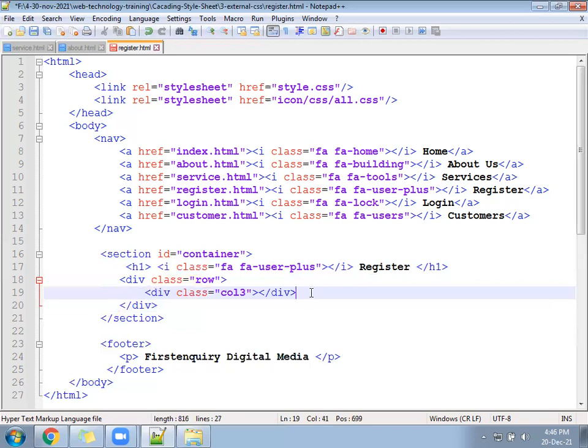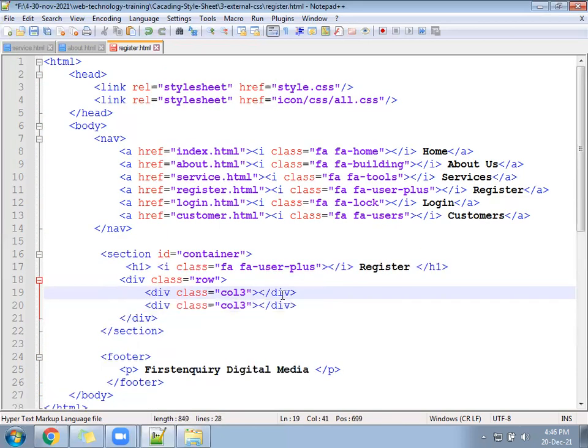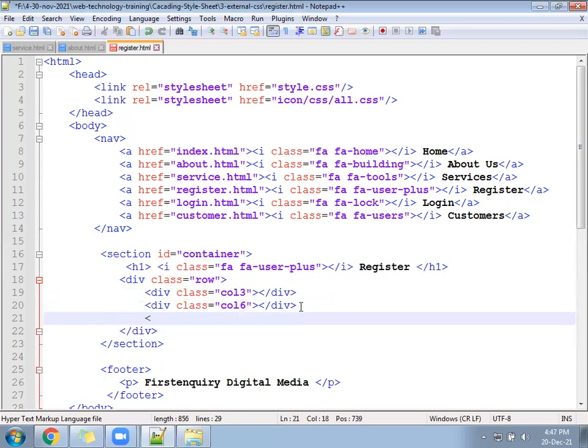And next class called column 6. So column 3, column 6, we have to create 2 classes in that, and after that again you have to write below a division class equal to clear block, because in both we are going to write float left.